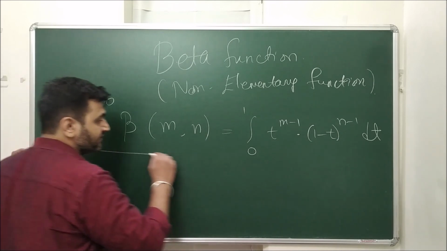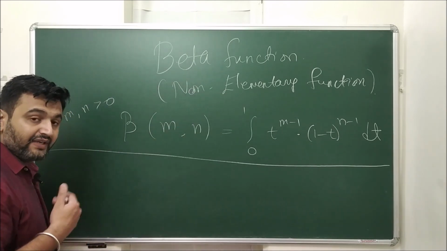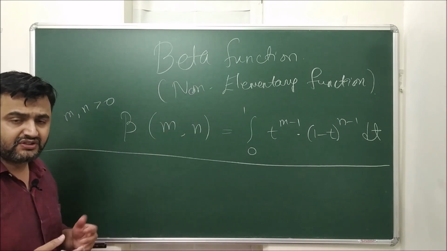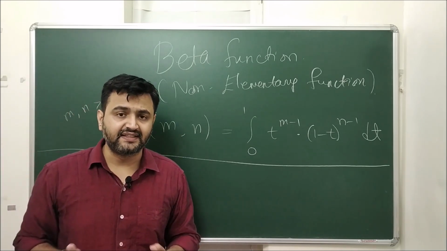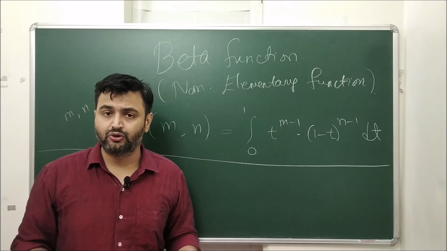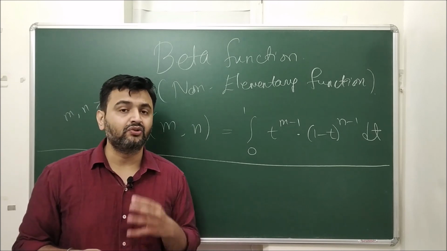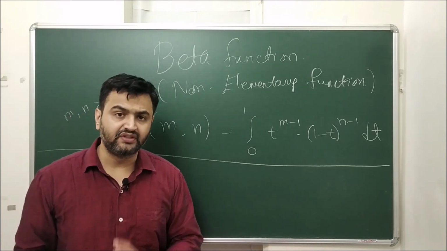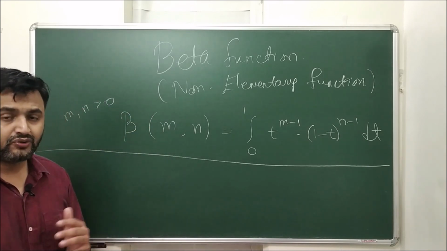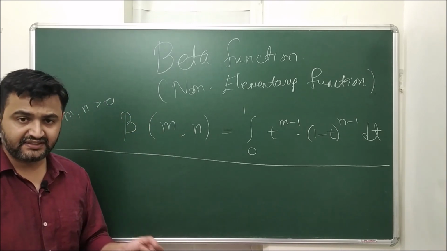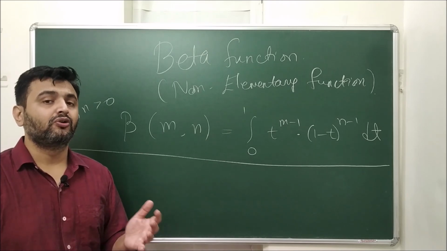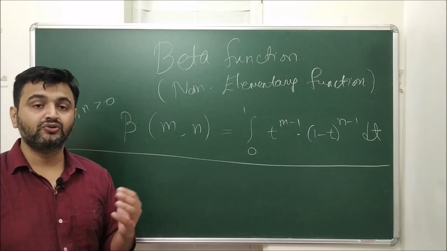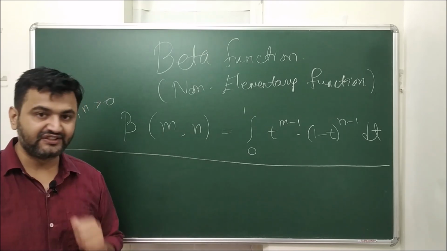Okay, so that's how the beta function is defined. Now, like the gamma function, we hardly use the definition to solve problems. We have seen very nice properties and we use those properties to solve problems related to the gamma function, and if the properties can't be used, then you go by the definition. Here also we are going to see a couple of nice properties and relations which will help you to solve problems on beta functions. And if those can't be applied, then you go by the definition.